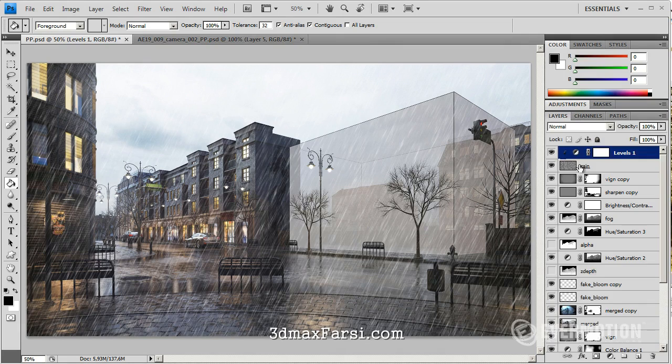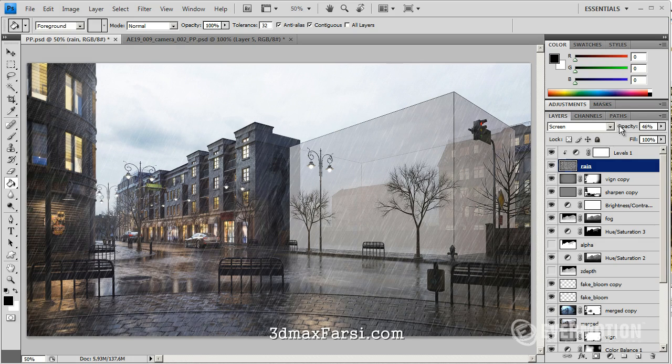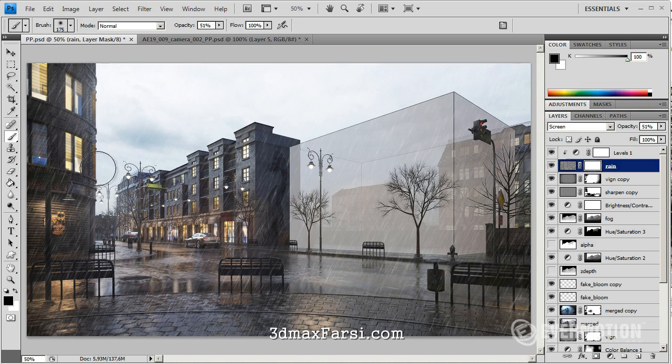And now we can change the opacity of our base rain channel and give it a little masking. So change the opacity to 48 or 50 and